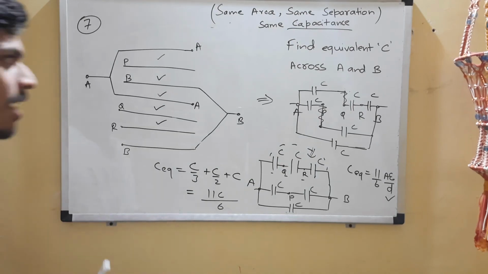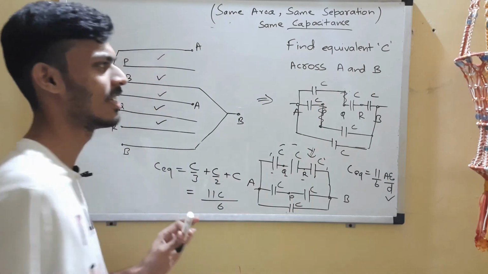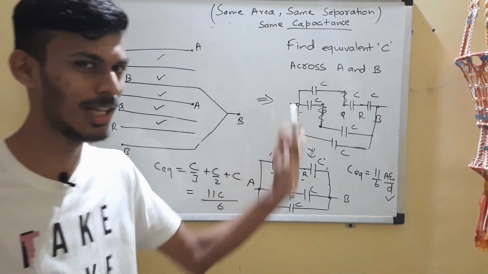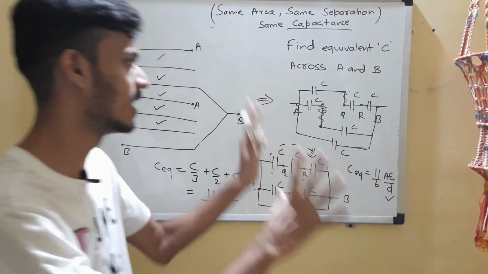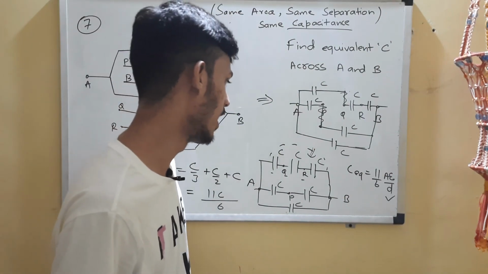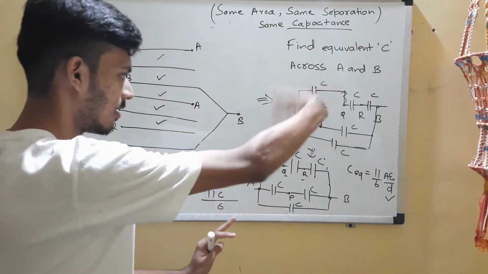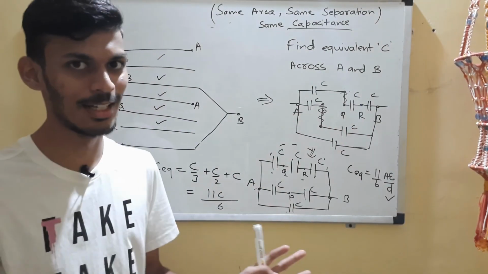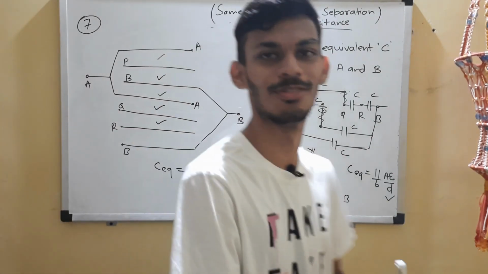So that is how you do it. Don't get confused by this. These are just extra segments. You can easily see that all three of them are in series. All the plates of the capacitors will have the same charge, which basically means that they are in series. And finally, the three branches are in parallel. You can simplify this circuit in this way, and now this is easy to solve, right? And that is how you do the last problem for today.